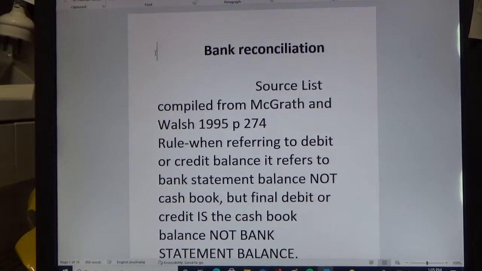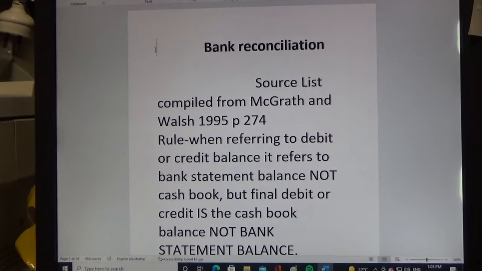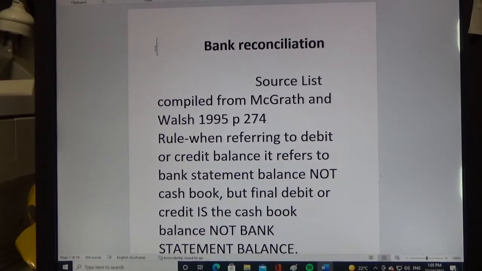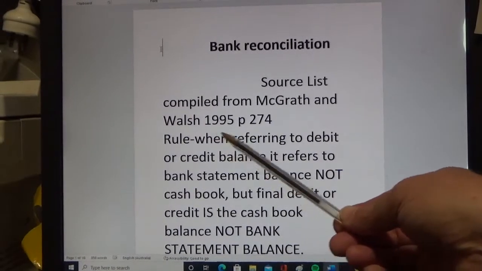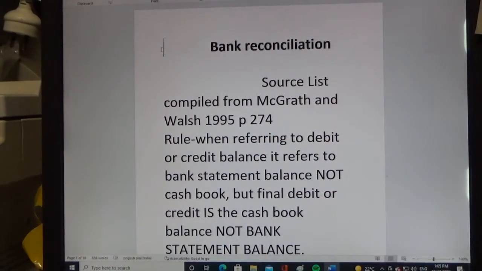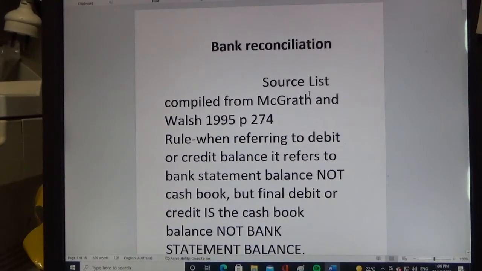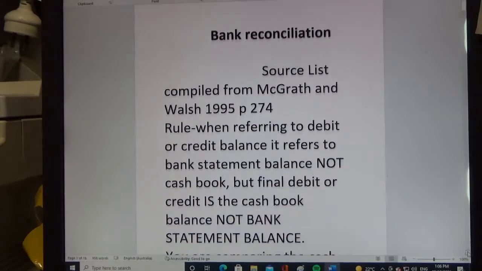Okay, so a bank reconciliation. Firstly, my source for the procedures is McGrath and Walsh 95, page 274. I've got that listed later in the source. The idea of bank rec is for a business to compare their cash book, their bank ledger, to the bank